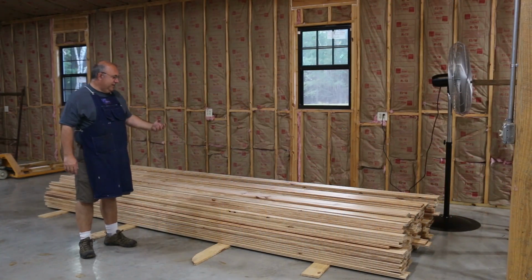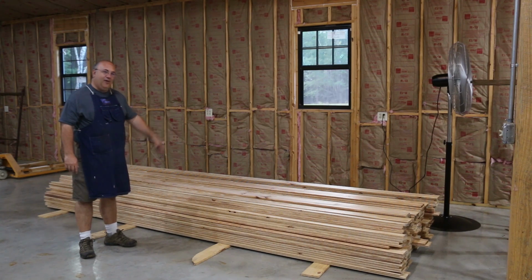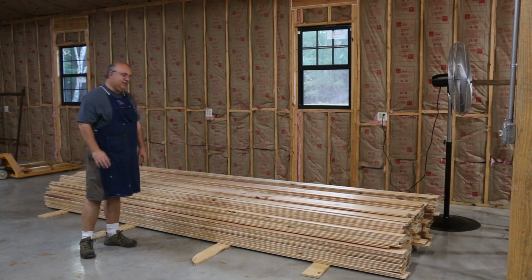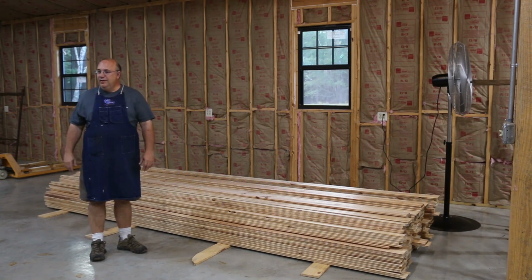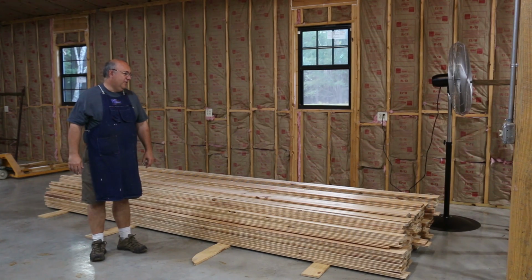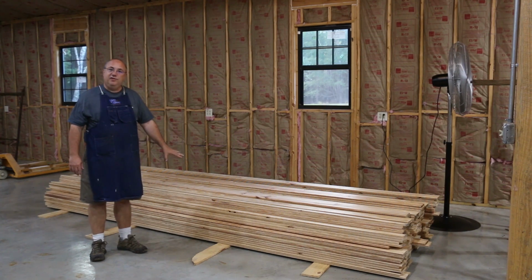So we've gotten started putting up a little bit of this wood. Got a long way to go just on this pile, and I'm probably going to look at still doing some type of little work weekend. I've had several viewers who live more or less in the area who have expressed an interest in coming down on a Saturday or whatever and giving me a hand doing this. What I want to do now is go ahead and get all this wood pre-stained